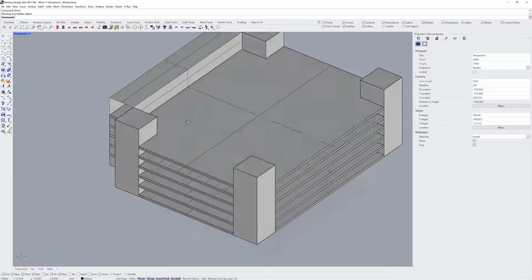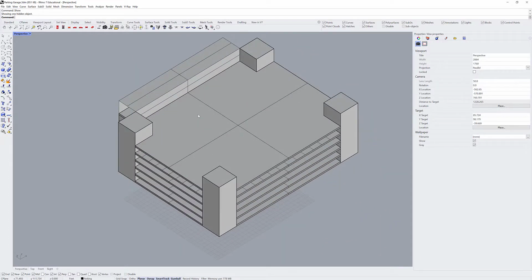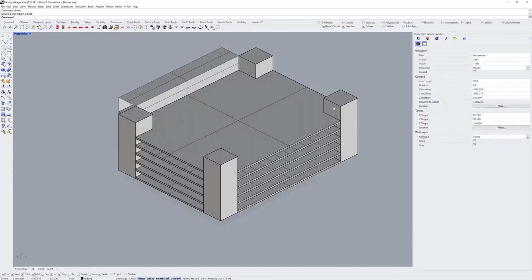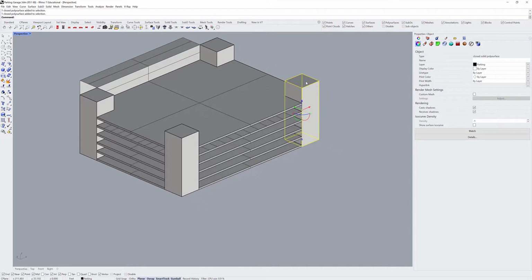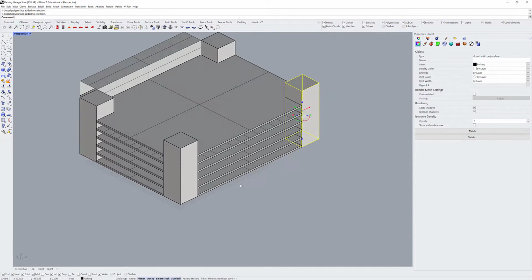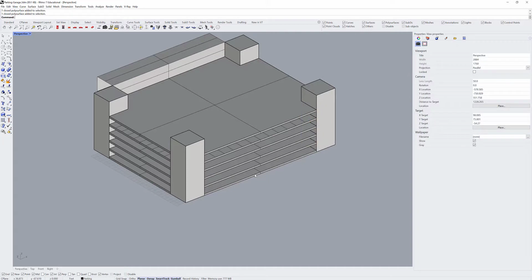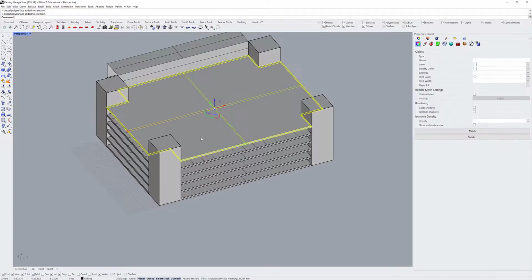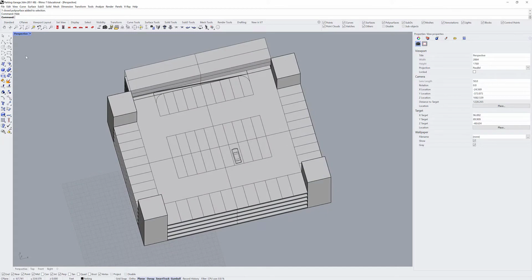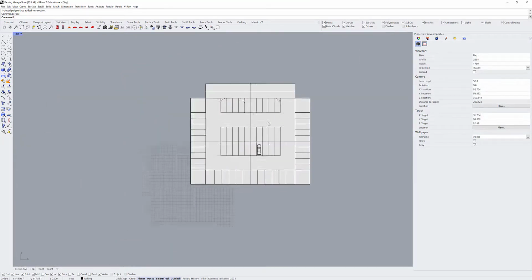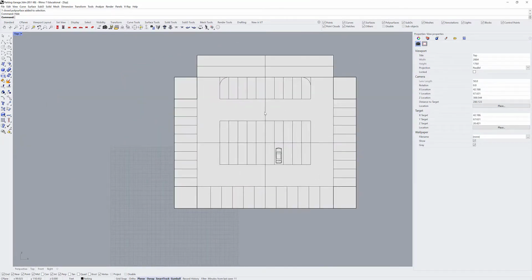And the other thing you have to pay attention to is that there's no parking at the first floor. So it looks like the ground should be here, but these are actually those ventilation or circulation towers, which allow air to circulate through your garage because it gets really dangerous, especially at these lower levels, with car fumes and stuff. So if I select the first floor and hide it, you can actually see the layout